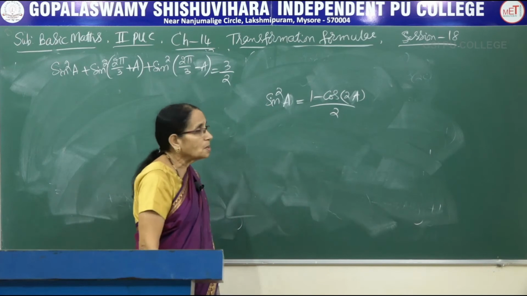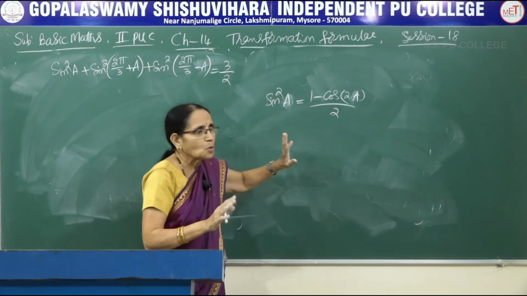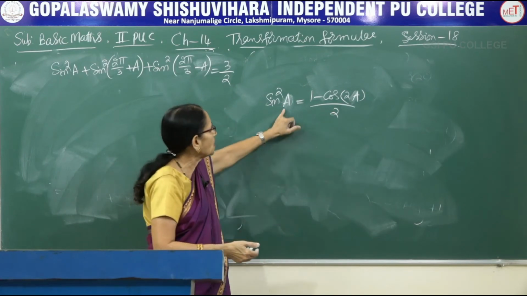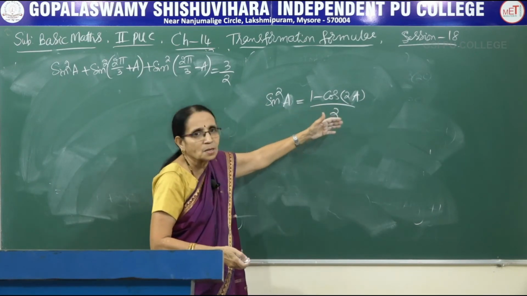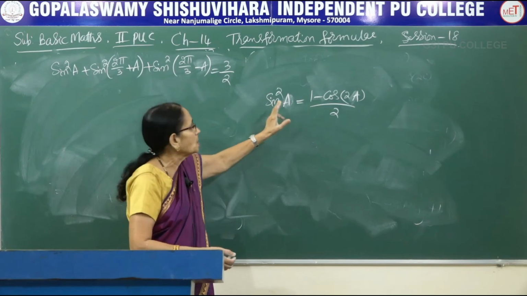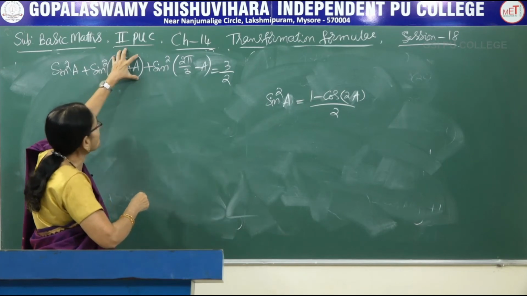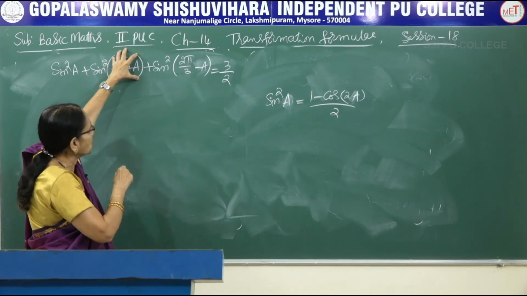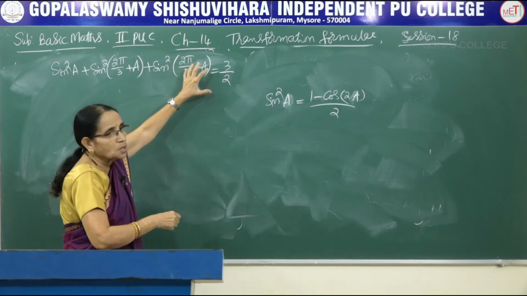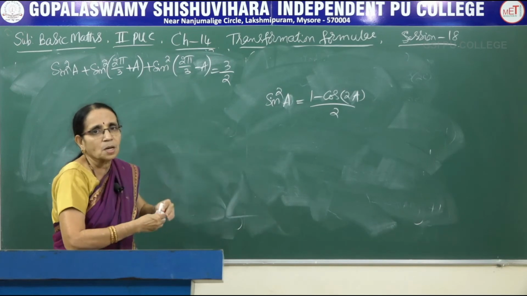Write it like this. Now the condition is, when 1A is there, it is 2 times that one. The same rule, whatever may be the value of A, the angle on the right hand side would be double that one. 2A here becomes 4A, 4A here becomes 8A, 100A becomes 200A. So whatever that angle is, it would be multiplied by 2. A is there, 2A. Here, look, sin square A directly you can write. Sin square of 2 pi by 3 plus A has to be multiplied, so 2 into this angle. Similarly, 2 into this angle. The basic formula is this one. We have to apply it according to the term that has been given in the problem.